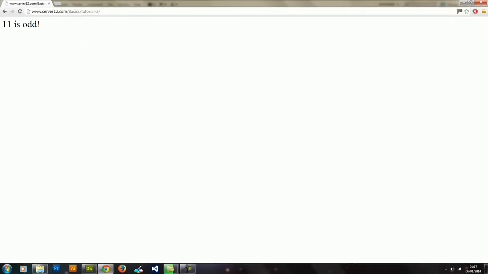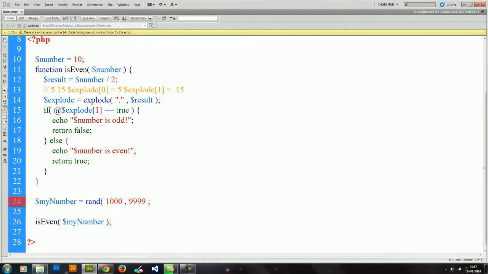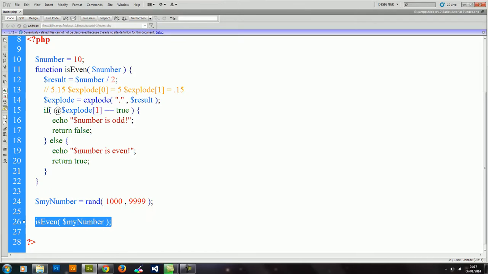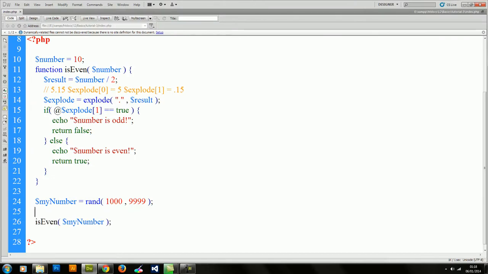Just to explain that to you. So 11 is odd. I'm going to actually change this. Again, we're going to come back to our little fun number function. 1, 2, 3, 9. So now what we're going to do is my number is going to be a random number. And our function is going to tell us whether it is even or it's odd. 9,307 is odd, 7,808 is even, 1,174 is even, 7,007 is odd. See, so we have created something that's actually fairly useful, unlike all of our other tutorials,